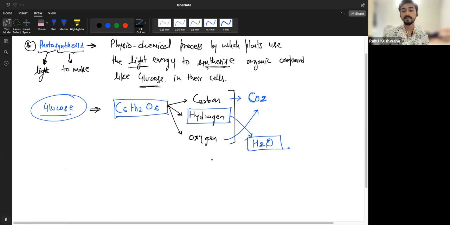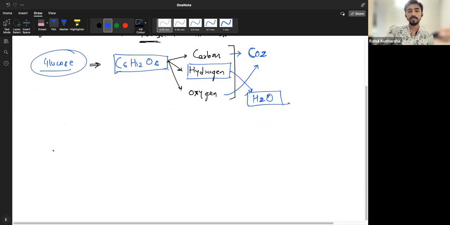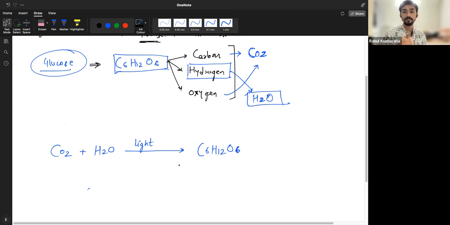This was what one scientist figured out, and you all are going to do it with me. So now let's see. We all know right from the beginning, from junior classes, that plants take CO2 from the leaves as a gaseous exchange. They take water from the roots, and they do something magical in their green parts in the presence of light, which acts as an energy source, and they end up making glucose, which is stored in their fruits, and then we go pluck the fruits, pluck the plants, and eat it for our energy. Okay,